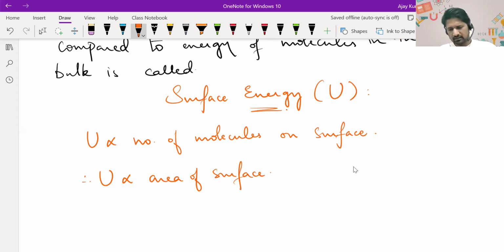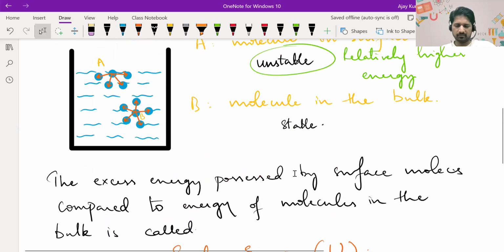There are some other factors also on which it depends. Obviously, it depends on the liquid: how strongly the surrounding molecules are trying to pull the surface molecule in. So it depends on how strongly the liquid molecules attract each other, that is, on intermolecular attraction as well. So remember the factors on which surface energy depends. If they want to ask you conceptual questions, they can ask like this. So basically it depends on the number of surface molecules, and